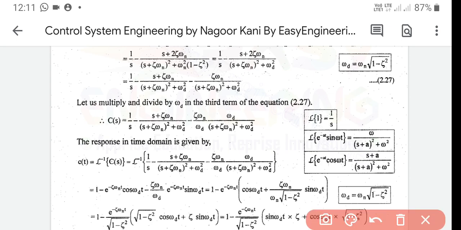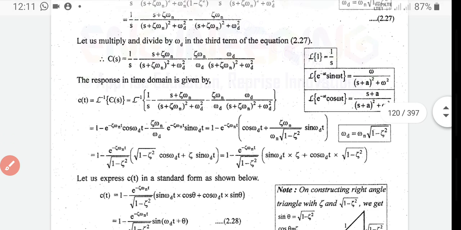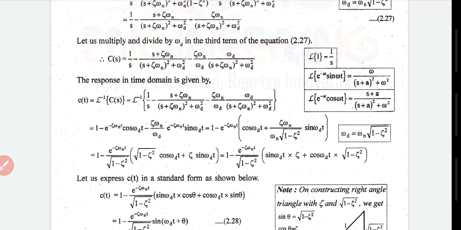So omega d is substituted with omega n into square root of 1 minus zeta square. Okay, so after that you have obtained the last term as 1 minus e power minus zeta omega n into t by square root of